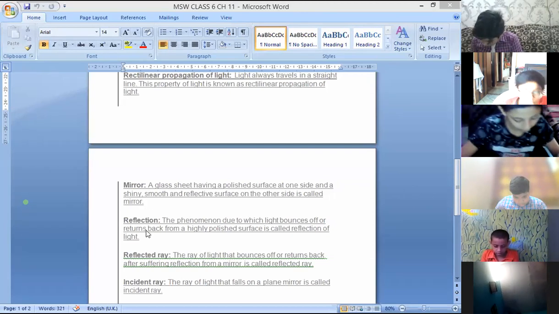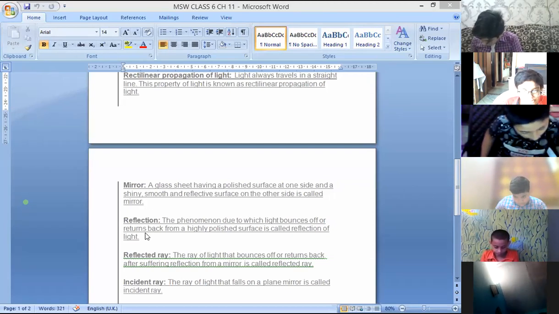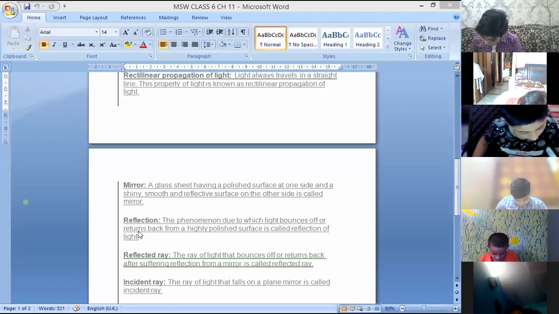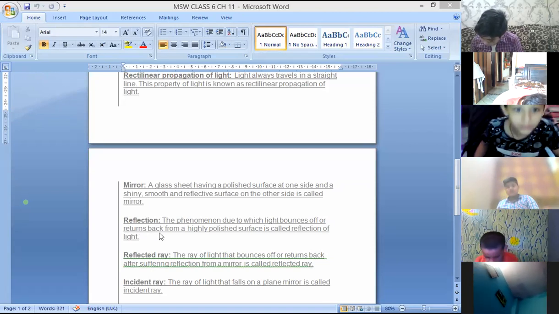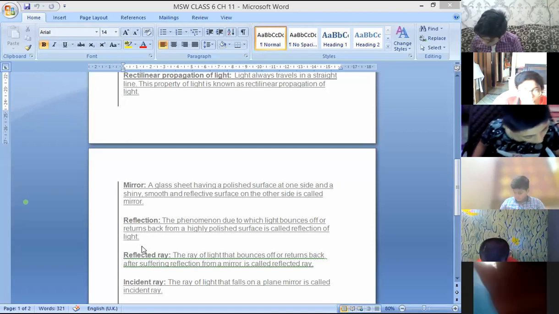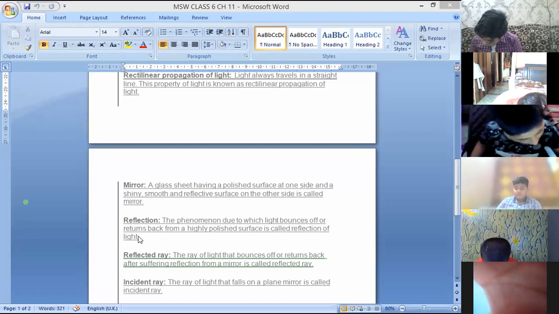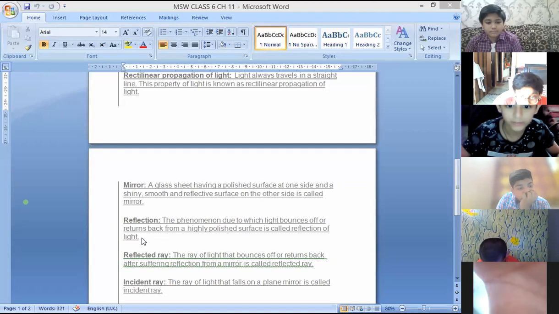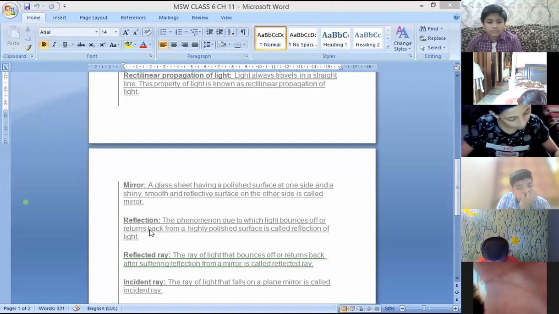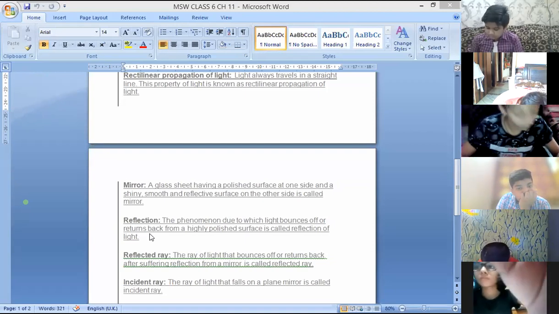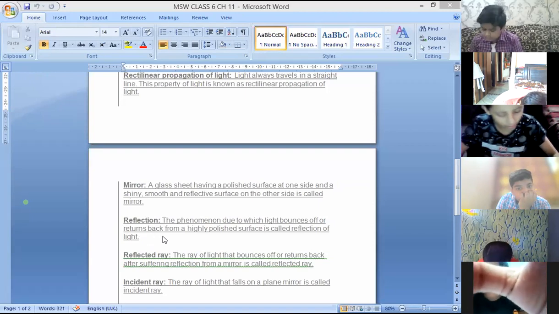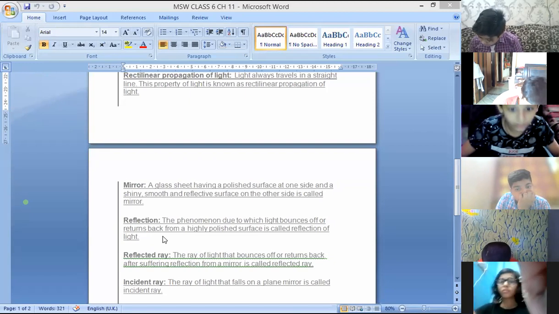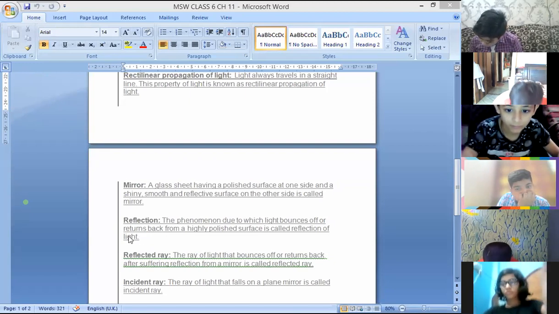Okay. Next word is reflection. Children, all these words we are going to use in our chapter. Reflection. I must give you the simple meaning of the word reflection. Bouncing back of light is known as reflection. As you throw a ball, अगर आप बॉल फेंकते हैं दीवार की तरफ, the ball comes to you again. बॉल आपके पास आता है दोबारा से. In the same way, the light comes back to you.